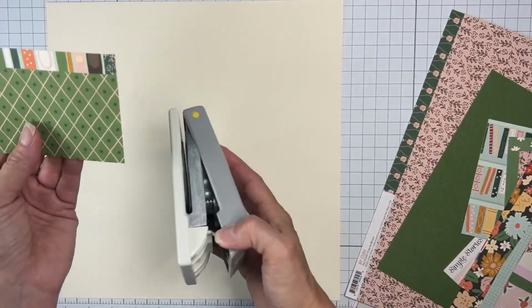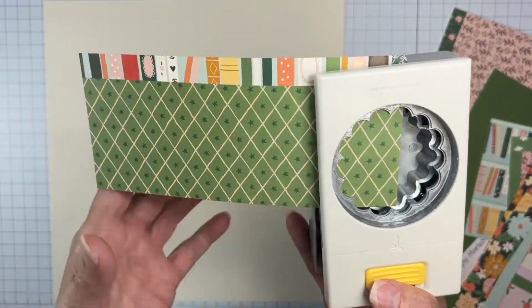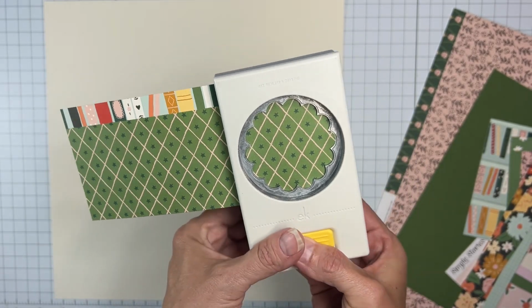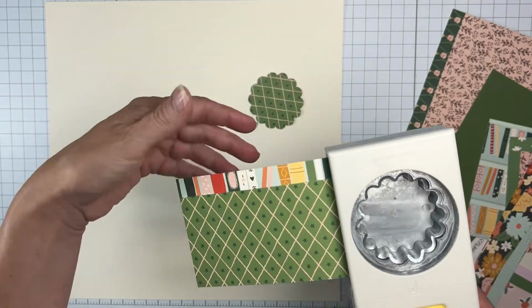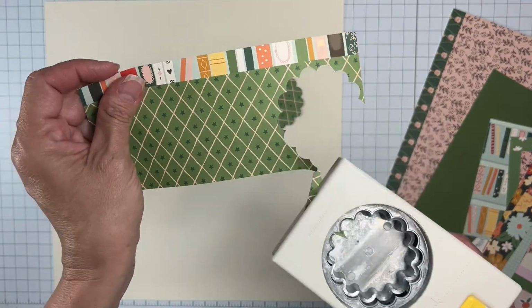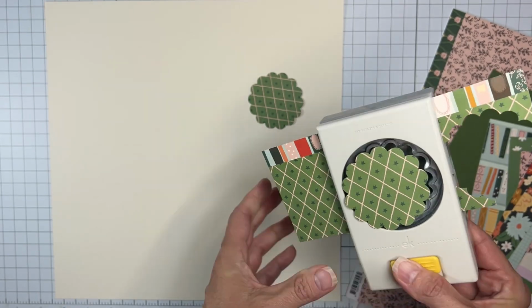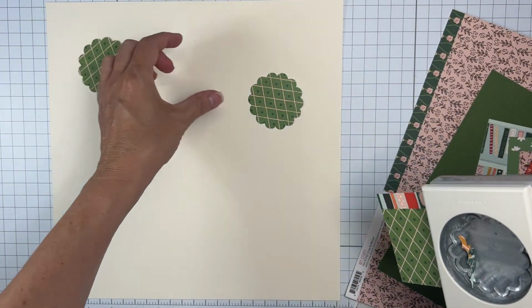Like this piece, I know I can't. Let's see if it's 2 1/4. Yes, it is. So I'm just going to basically punch out things if I can punch them out. I thought that would be a way to use up smaller bits and pieces. I get it. And guys, I'll have